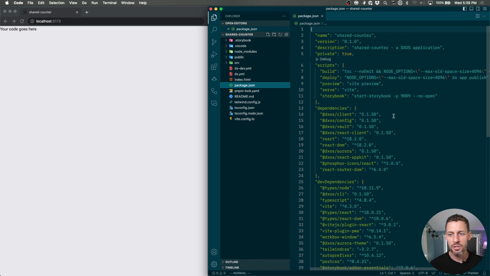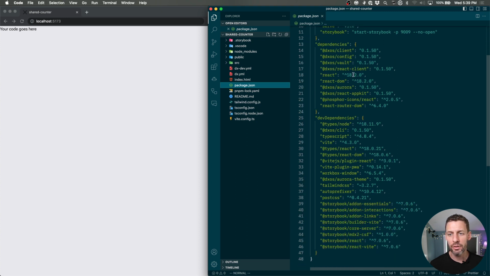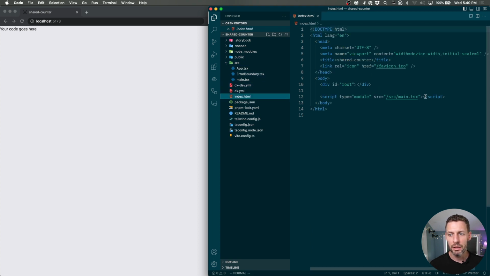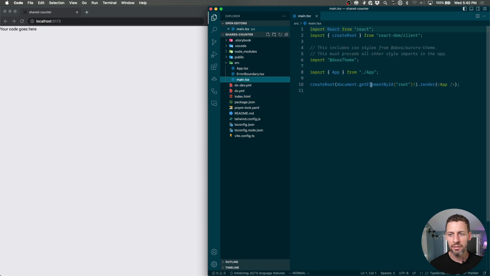All right, so if you look at this app, it's a pretty standard React app organization. If you look in the package JSON, you'll see that most of what is in here is DXOS related dependencies, React, and then a couple of things to help out with that: TypeScript, Tailwind, and PostCSS, and then Storybook for testing out the UI. All right, and then if we jump in here, you'll see the index.html is just loading main.tsx. Main.tsx is instantiating